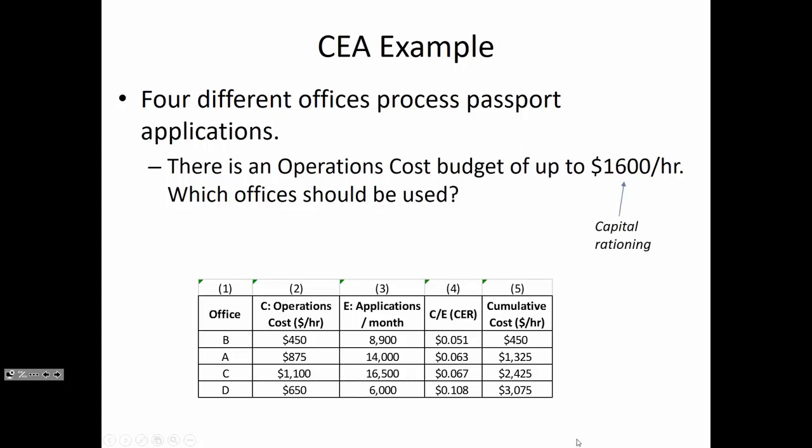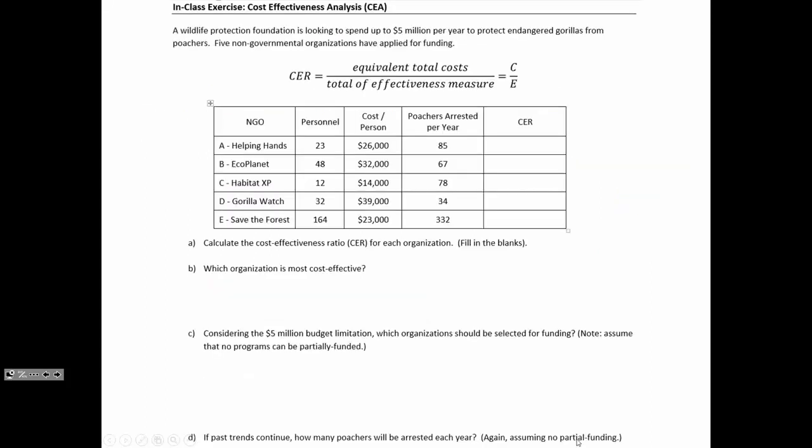Again, this budget limit is sometimes called capital rationing, where you want to spend your limited dollars on whichever office or alternative is going to provide the best value. Any questions about the method? All right, here is the